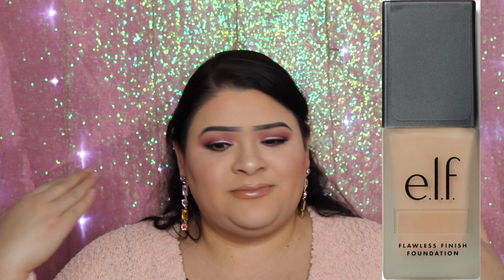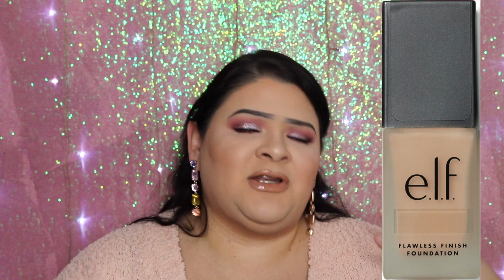We have another e.l.f. product, and this is their foundation. This did nothing for my skin but make it super, super greasy. It had 0 to no coverage on my skin unless I packed on 4 layers, and that's not a look I'm going for. I'd rather use a very full coverage foundation that I just have to do 1 layer and I'm good and set and very covered,